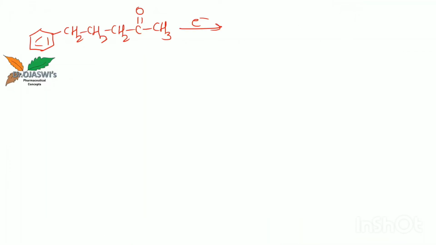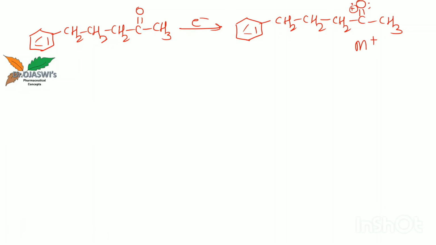The molecular ion can be formed by removal of an electron from the lone pair on the oxygen. I will denote this as M plus, and its m/z value, as per my earlier slide, is 162. I hope I have made the proper additions. Now here I see this carbonyl group, so I can call this carbon alpha carbon, beta carbon, gamma carbon. Oh yes, so I see here the gamma carbon, and on the gamma carbon I see this hydrogen also.